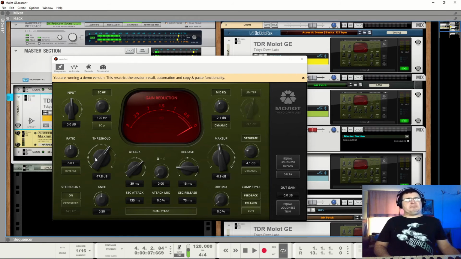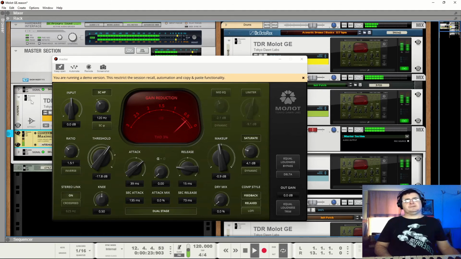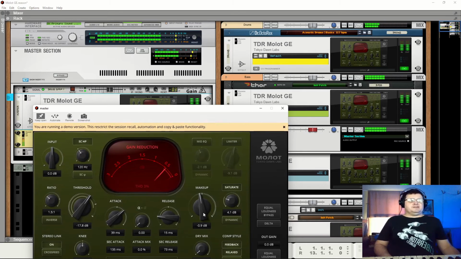That's still a bit heavy-handed as far as I'm concerned. In and outs don't seem to match.